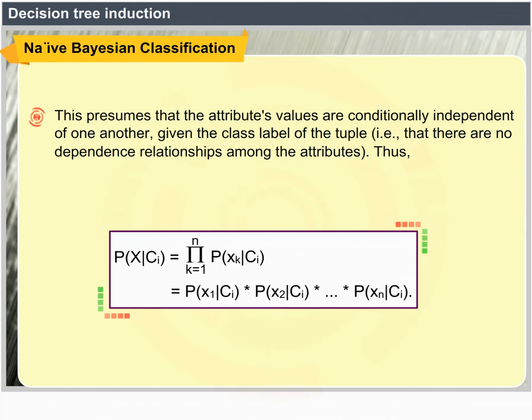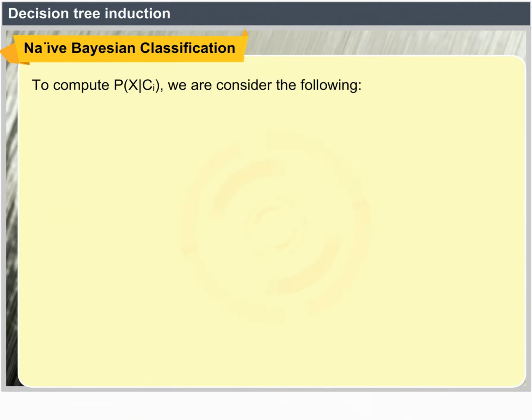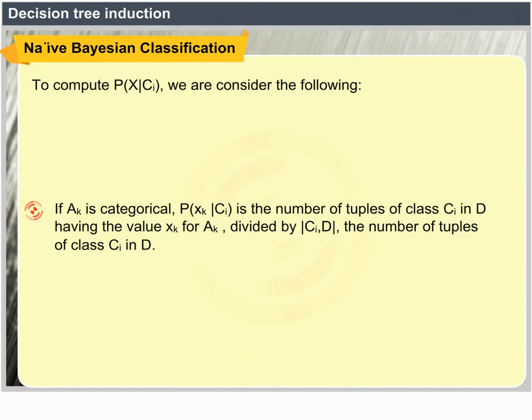Thus, P(x|Ci) = product for k = 1 to n of P(xk|Ci), which equals P(x1|Ci) × P(x2|Ci) × ... × P(xn|Ci). To compute P(x|Ci), we consider the following. If Ak is categorical, then P(xk|Ci) is the number of tuples of class Ci in D having the value xk for Ak, divided by |Ci,D|, the number of tuples of class Ci